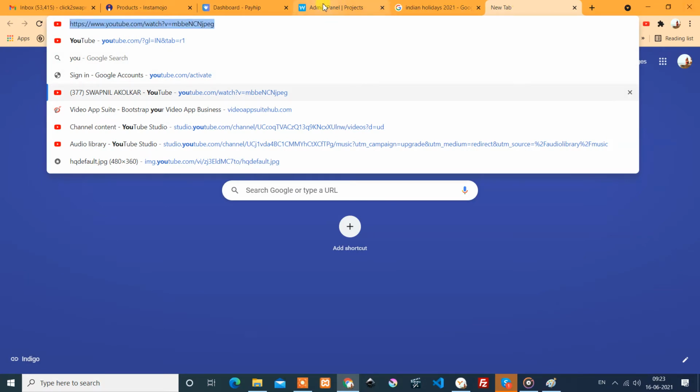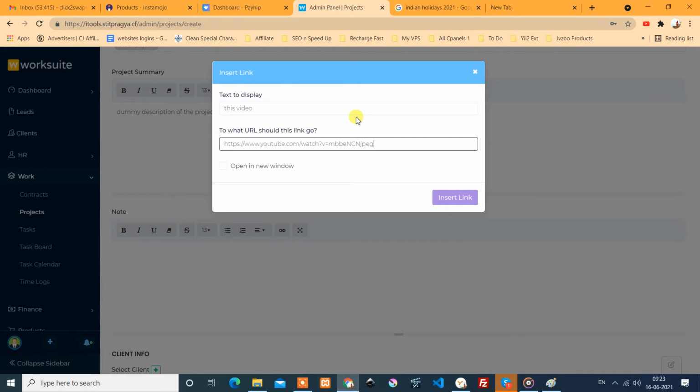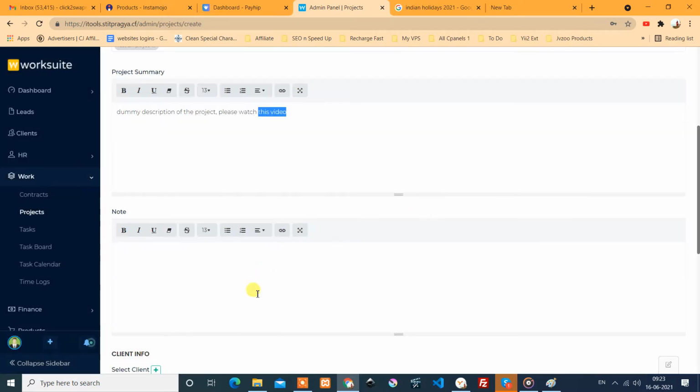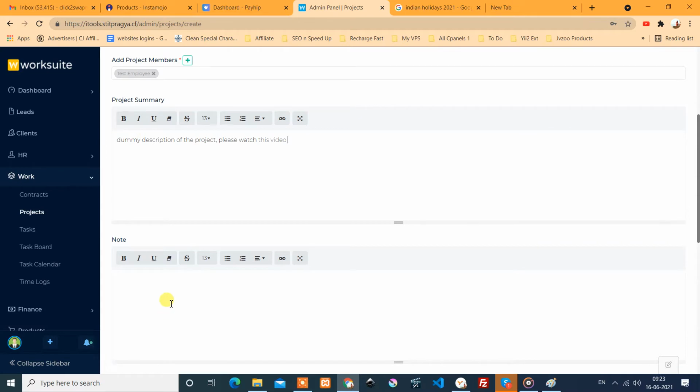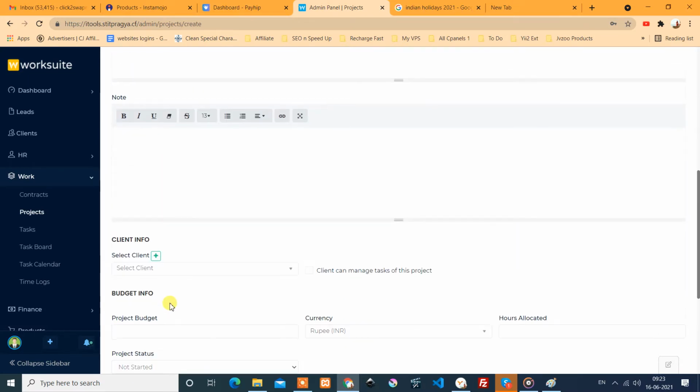I am just giving some link for the demo purpose. Okay, let's say open in new tab, okay, insert it. You can also give some notes. Notes are different from the summary.